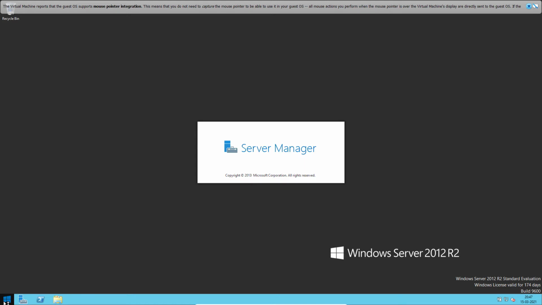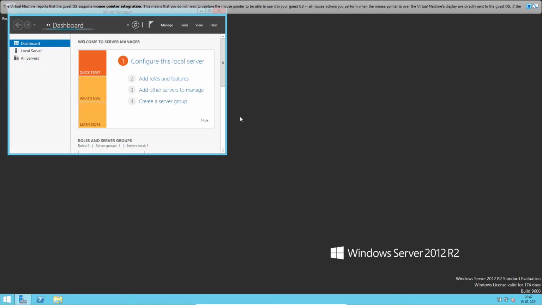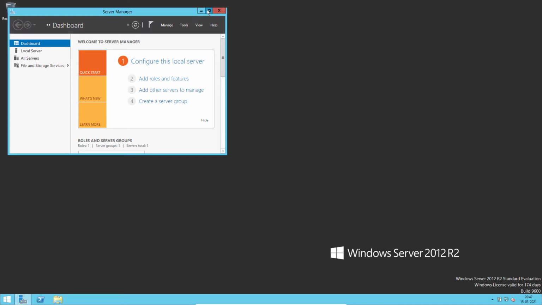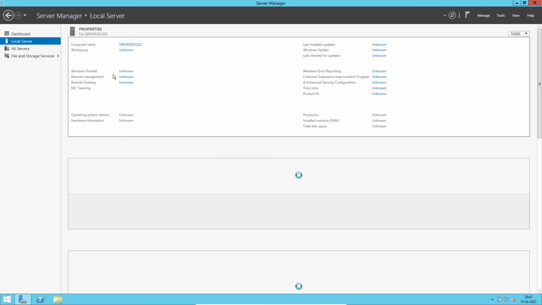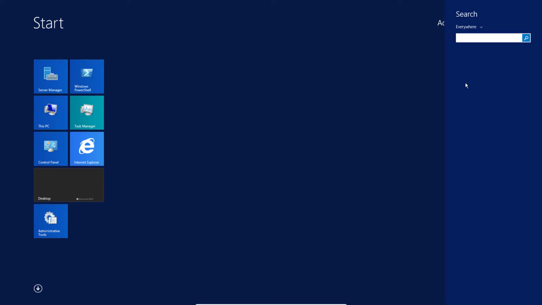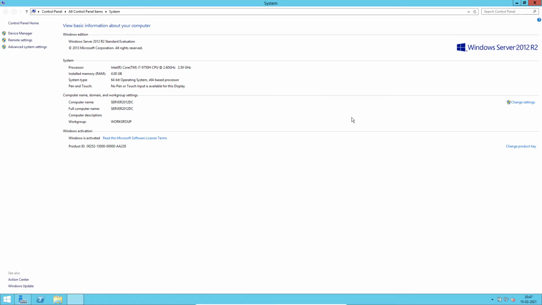Okay, let us allow the server machine to start. We'll cross verify this machine name on both sides. See here, local server. See here, students, Server 2012 R2. And we will do one more thing. We'll go to System and check there also. See, we got the computer name. Interesting thing you have to know, students: here I have not given any full computer name. It automatically took the name that I have given as the computer name. Okay, so the first task is done for this video.